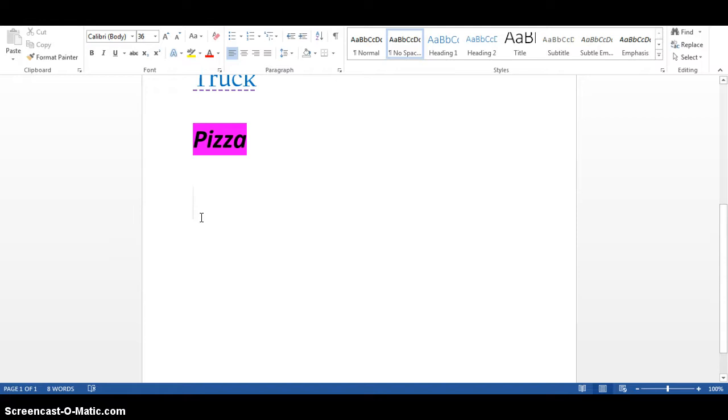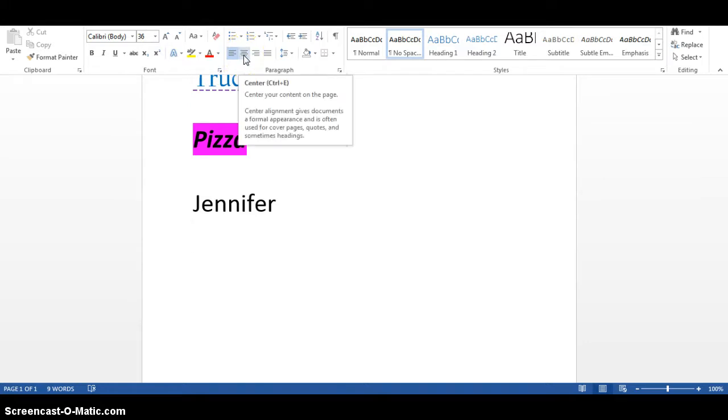First thing we're going to do is with our cursor here at the left margin, we're going to go ahead and key in your first name. Once you have done that, we're going to enter, and notice that because we started with a left alignment, it's going to continue at a left alignment when we enter. What we want to do is go ahead and click the center alignment,